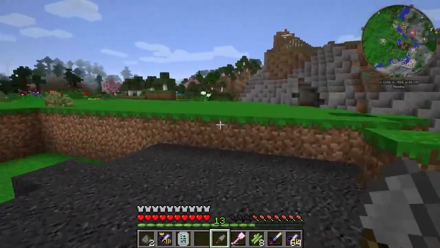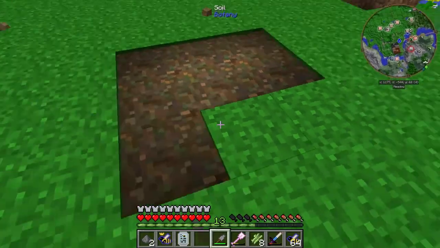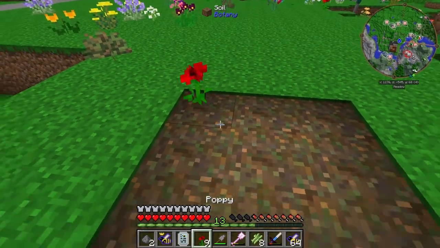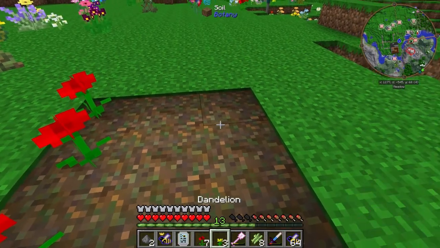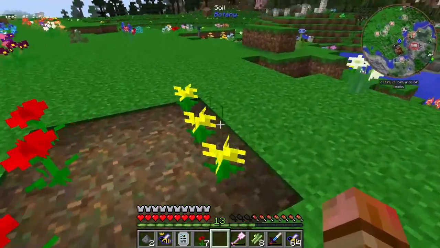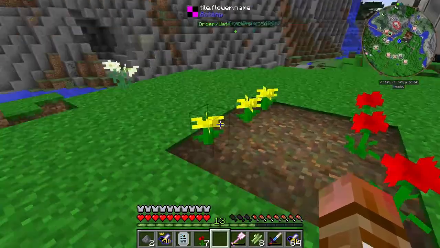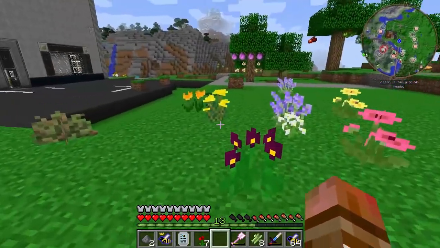So we're going to go ahead and set up a little bit of a platform going on right here. And we'll go ahead and put 3 poppies right here and 3 dandelions right here. Now these will automatically convert to the botany things. So let's